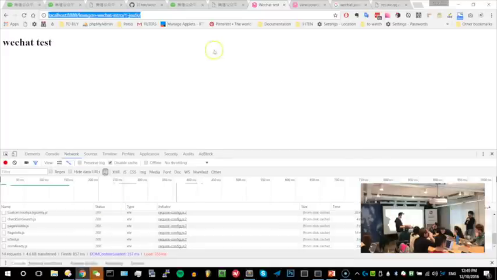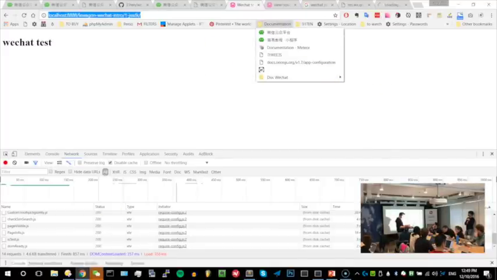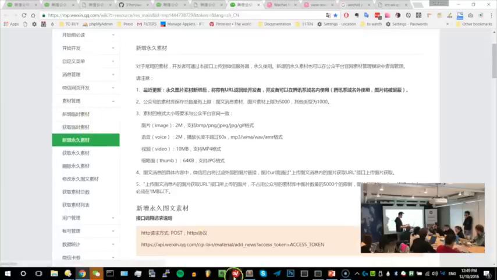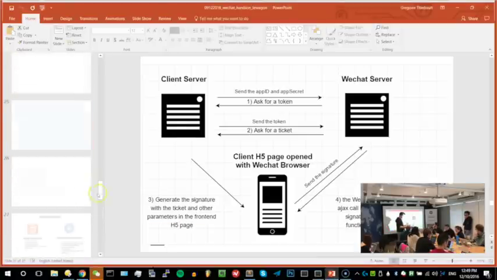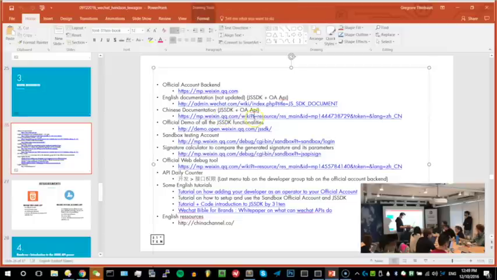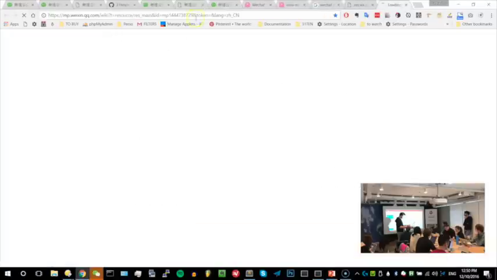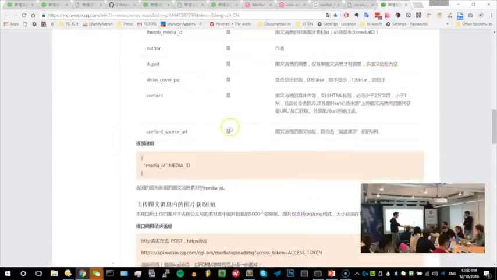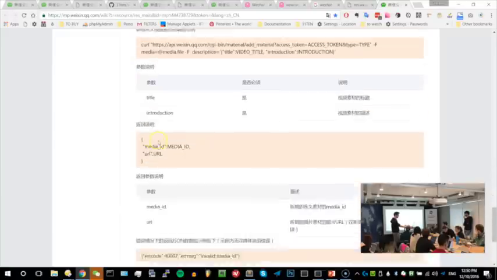and all of them are inside the WeChat documentation. I'm gonna show you the documentation here. It's inside the PDF, the PPT. I'm just gonna show you how it looks and how you can go inside. The JS-SDK one is here, the Chinese documentation. I click to follow the link. Yeah, so everything is explained here. They have very nice stuff.